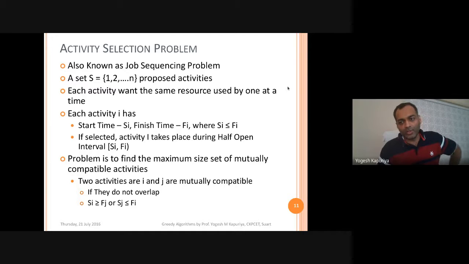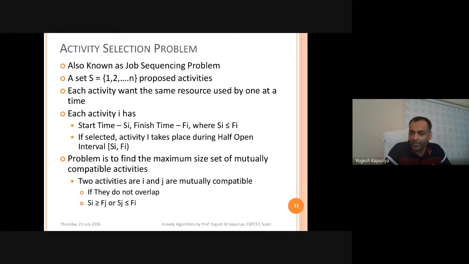Your class requires your presence, and the appointment with the doctor also requires your presence, because it's your appointment. You are supposed to show something, or be diagnosed for something. Even at the class, you are supposed to attend. So there is a common resource to be used by both activities. That is obviously the constraint. Otherwise, there is no point in further discussion.